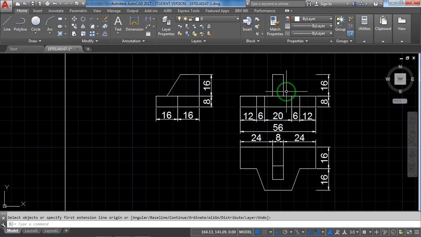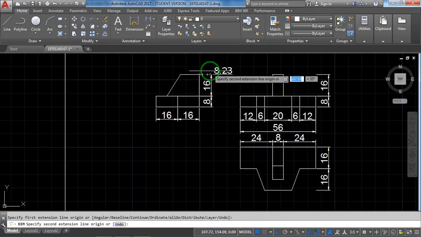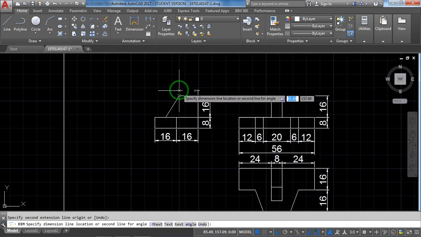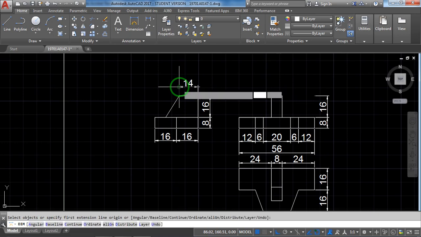Now if you have to show these things from here to here, here to here, that means from the side view here, if you are looking, these are the two things which are repeated from here to here, here and this. That can be shown with the help of the same dimension, first point, second point, like this.